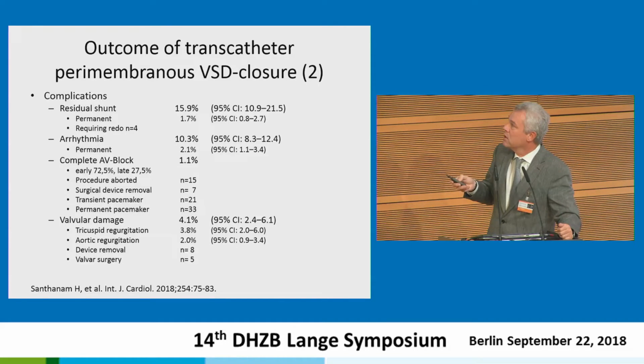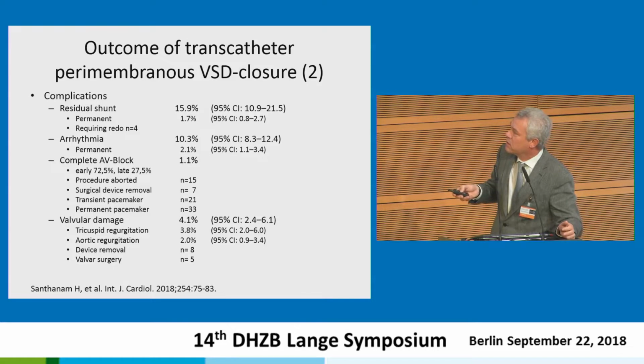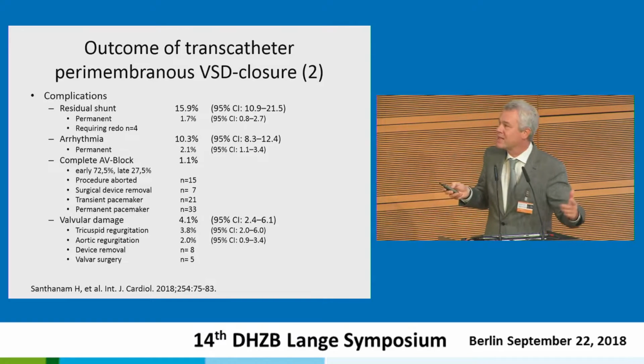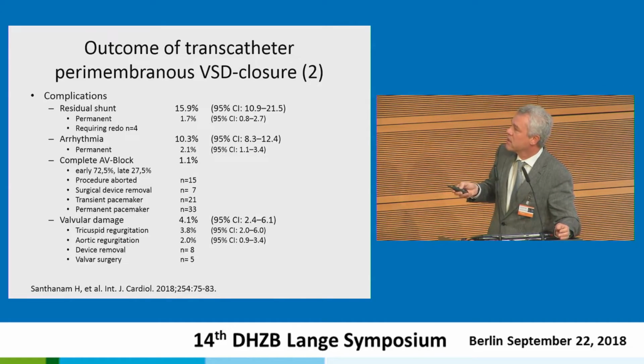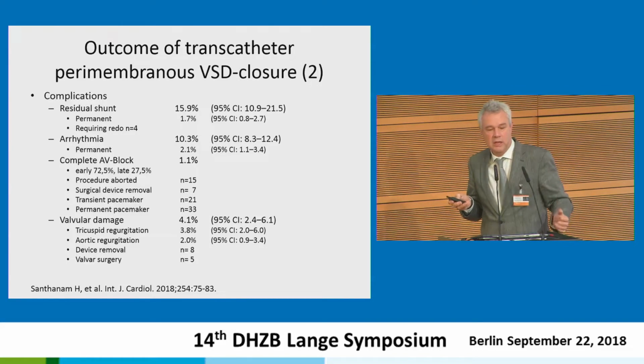The arrhythmia rate, which seems to be very high, 10%, is only permanent in 2% of the patients, but 2% is a lot. A complete AV block is only 1%, and a permanent pacemaker was necessary in only 33 patients of more than 6,000, so that's less than 1%. Some had to have a transient pacemaker, some had other problems, and some had the procedure aborted due to interventional